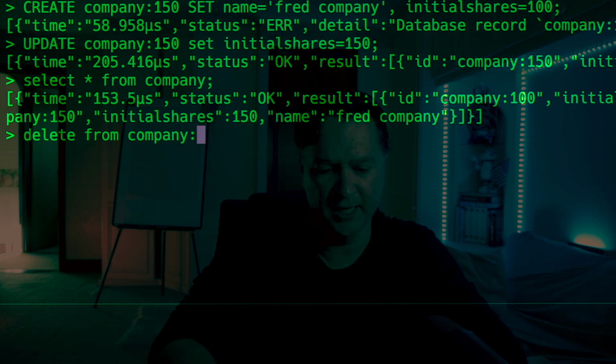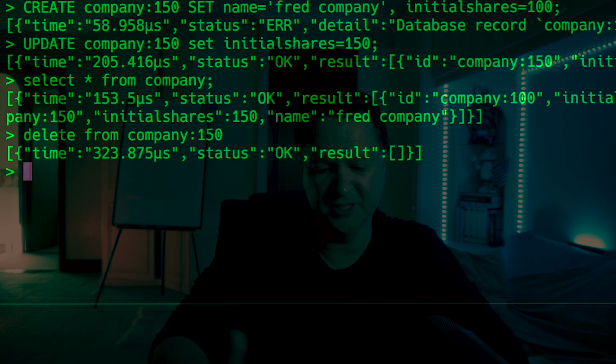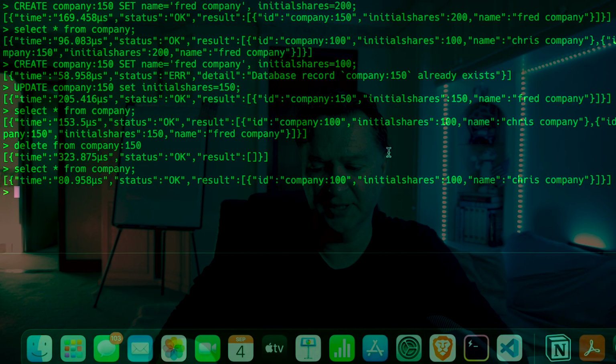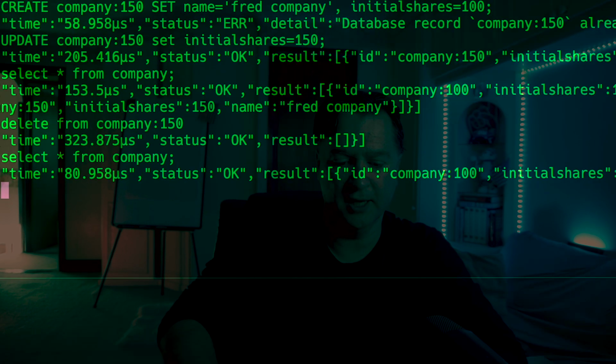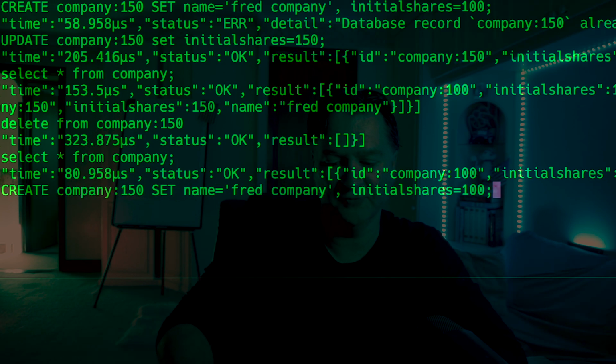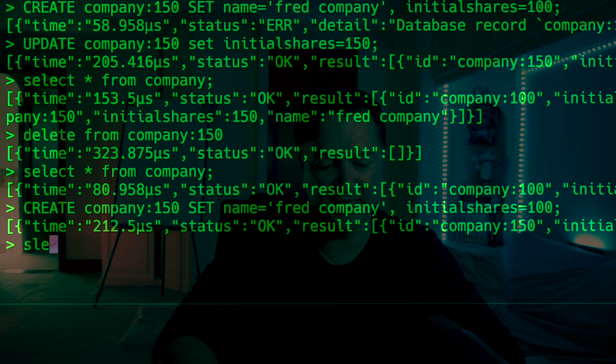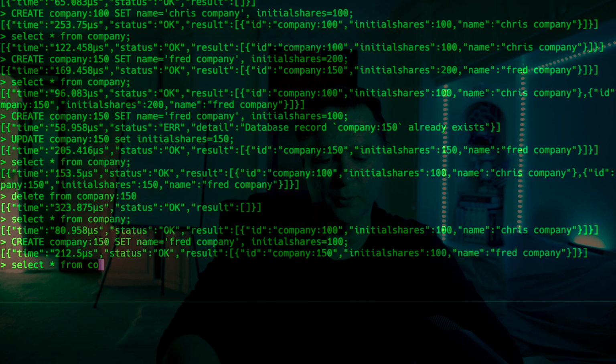And I can set that equal to 150. And then you can see status OK. Let's do a select star from company. And you can see Fred Company is gone and I'm back with Chris Company. Now, if I just run the create company, Fred Company, 100 shares, do a select star from company, and we'll be back to